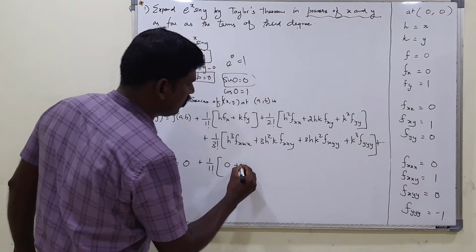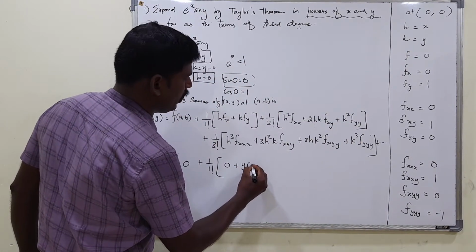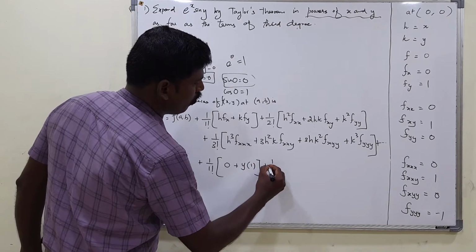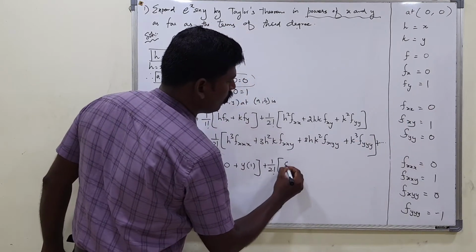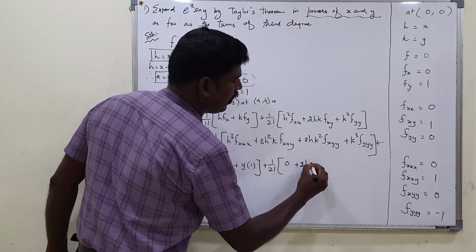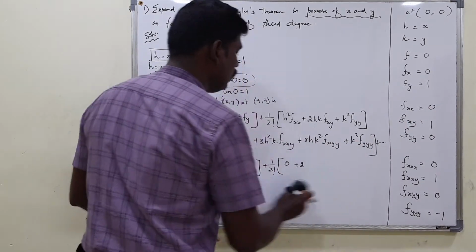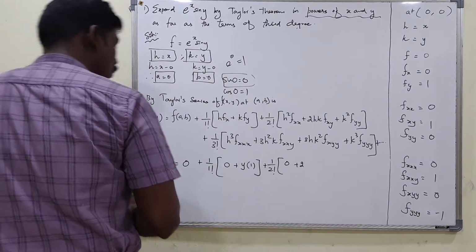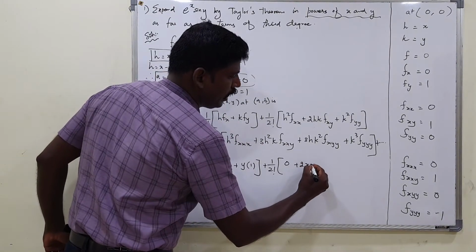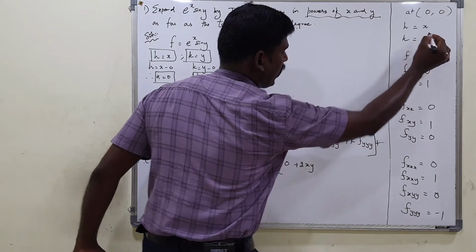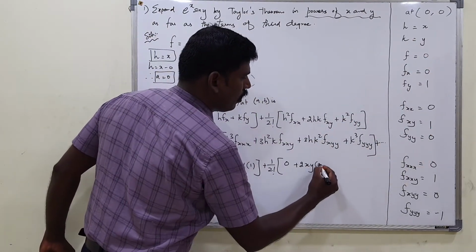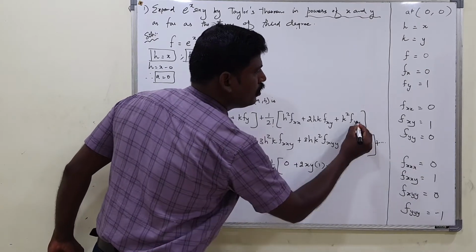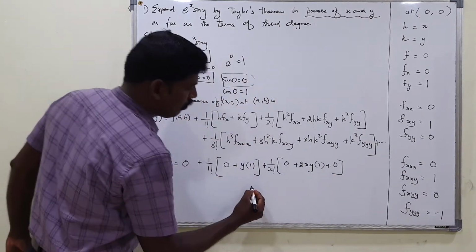K is y, so y into fy, which is 1, plus 1 by 2 factorial into f double x, which is 0, no need to write it, plus 2hk. What is h? X. What is k? Y. So 2hk into fxy, what is fxy? It is 1, plus f double y is 0, so the entire term becomes 0, plus